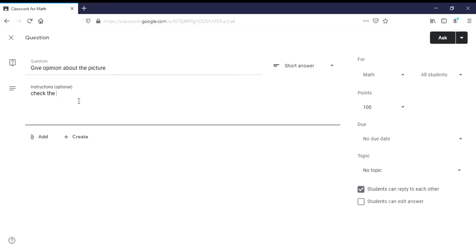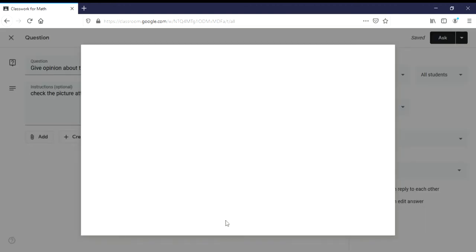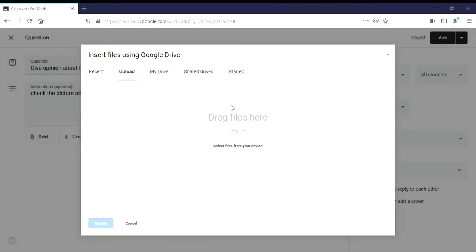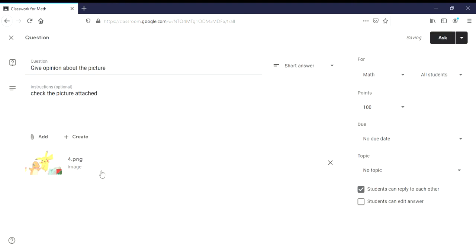Check the picture attach, and then you can just attach the picture. You attach it there. The picture is there. This is your question. And then the same, you can put the due date if you want to.